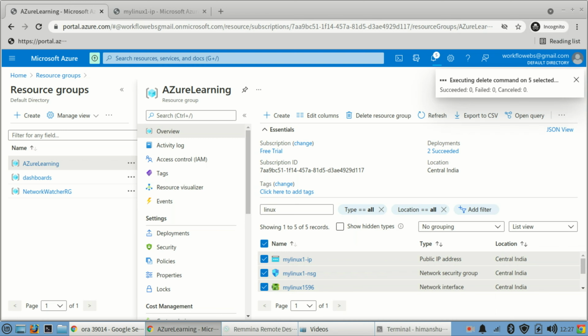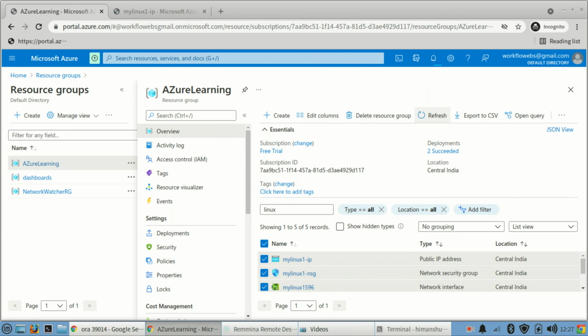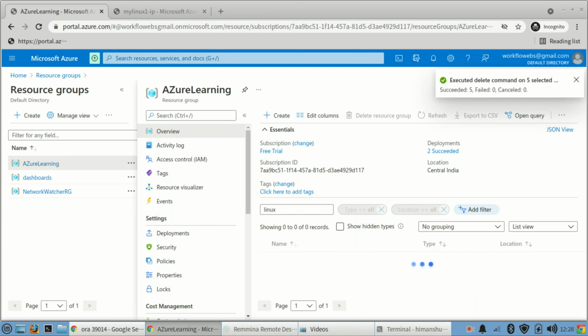Remember, every time you remove a virtual machine, you have to remove the resources specifically. That's why naming is very important when you are naming it, so that it easily identifies which resources are associated with which specific components. So let it remove. Once it is removed, you will see a notification here that the particular resource has been deleted. It will be completed in a few minutes. Now see, the resources with Linux are removed.